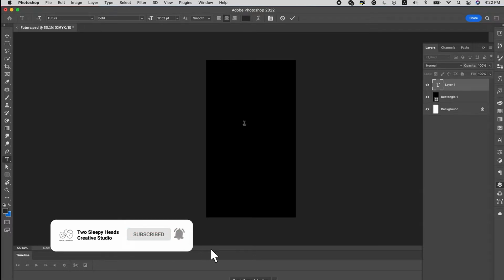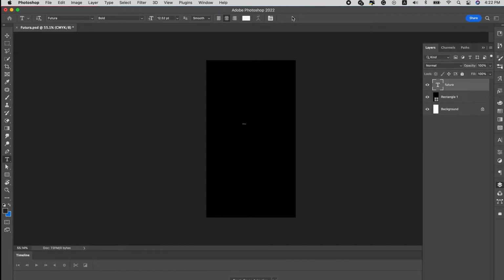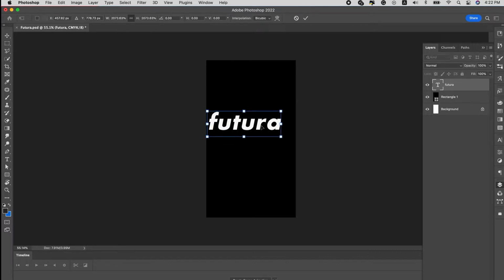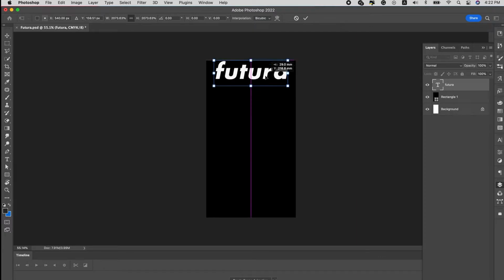Alright, let's start. So first up, we create an artboard in Photoshop and change the background to black. Now we type the font. You can use any font for this, of course. Now we're going to type the font name and change the font color to white so that you can see